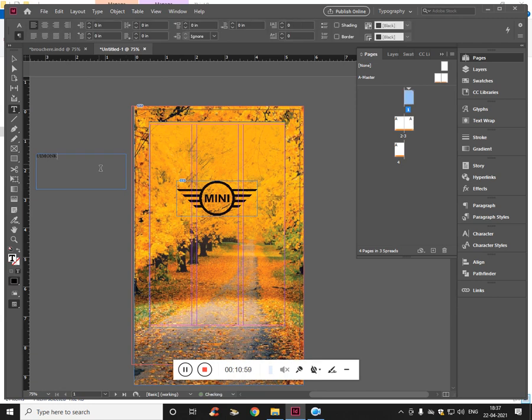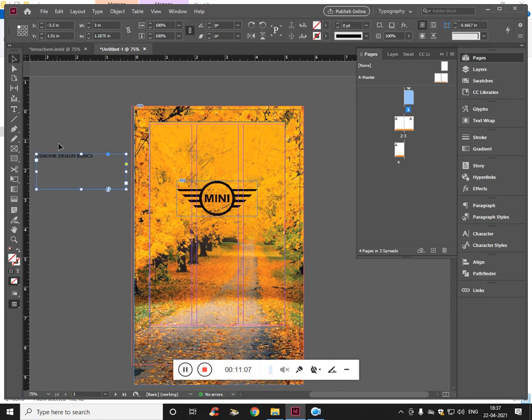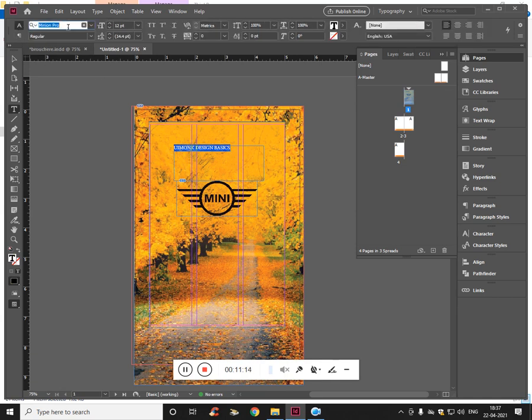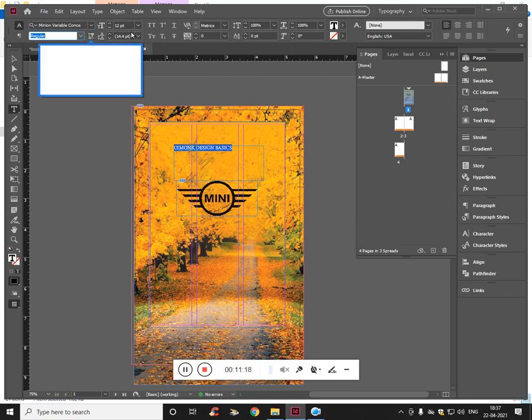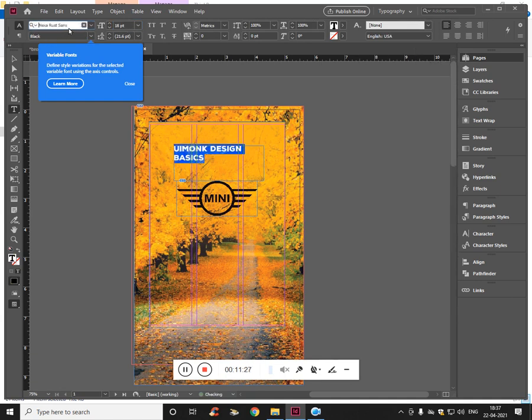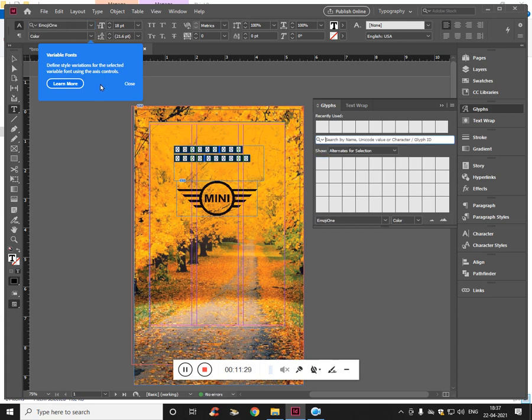So let's type this heading. You can have whichever you like. Select all, get into the character panel and change the font and add the font weight. We have covered this in the previous video. We are not going to focus much on it because it will be a waste of time, because we are going to see many more important things like this. So we'll focus on that.